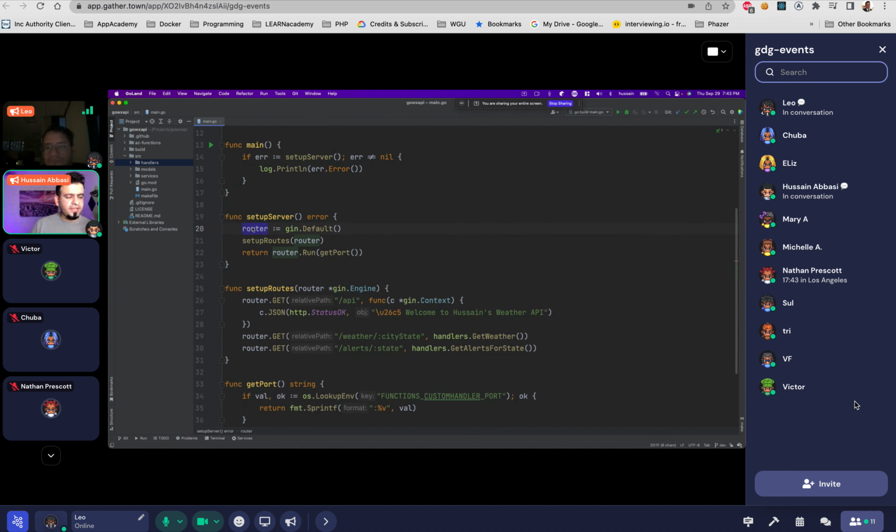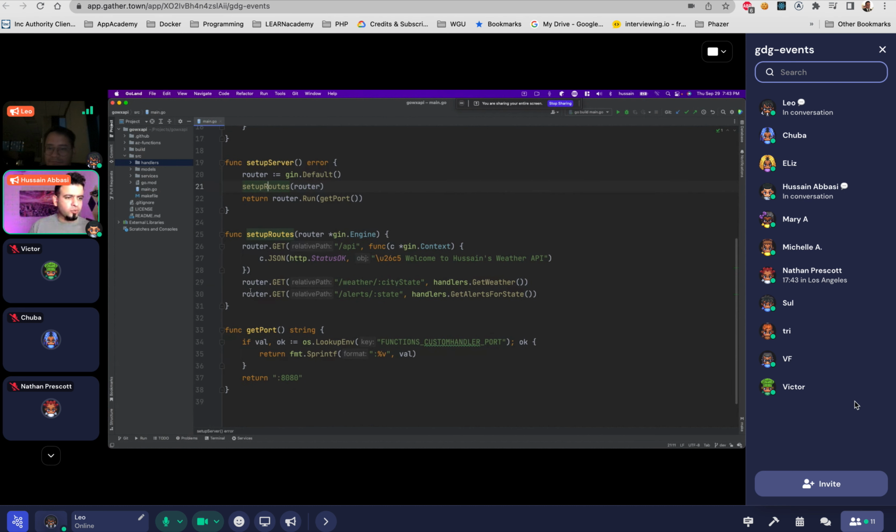So the router type is coming from Gin. I'm saying get the default router type, set up my routes. Now there are two ways to do the routes. There is inline. So I'm showing you this as an example. I can do /api that will return a function that takes in a context and returns a JSON as